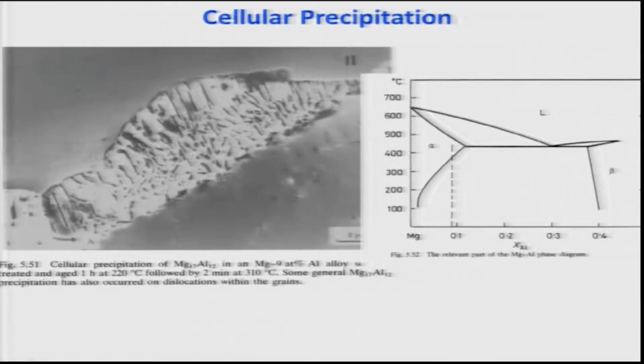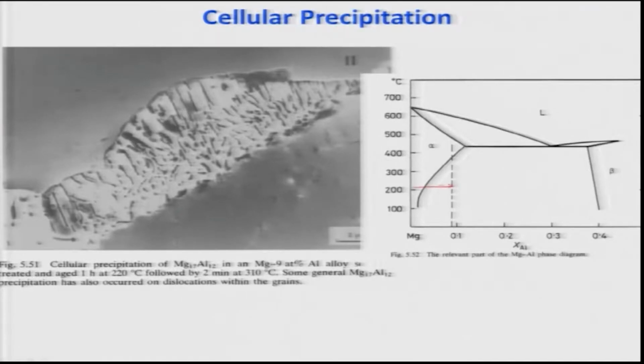This picture shows you the precipitates of Mg17Al12. This is the beta, an intermetallic, and the alloy composition is magnesium with 9 atom percent aluminum. It was solutionized, I think, at 410 degrees Celsius to make it completely alpha, followed by quenching. It was given 2 stages, basically solutionized and then quenched to 220 degrees, and then aged